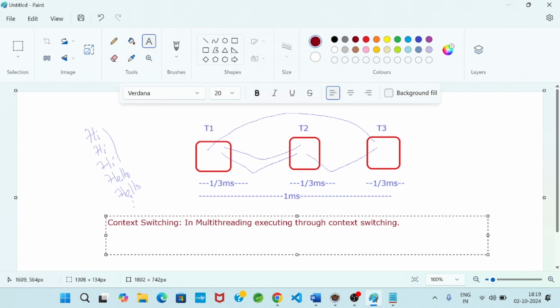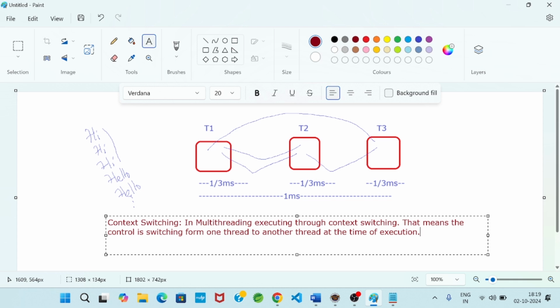That means the control is switching from one thread to another thread at the time of execution. So this is called context switching.